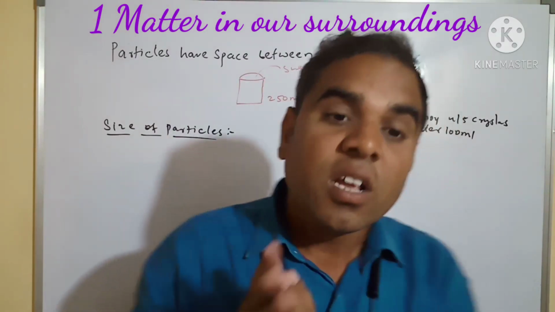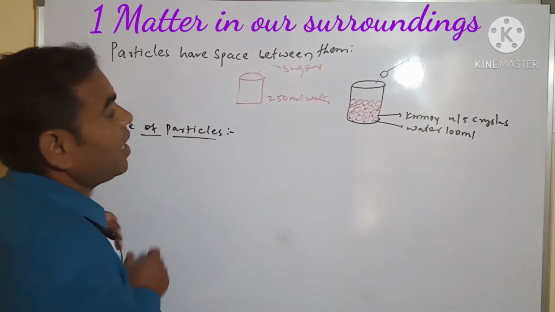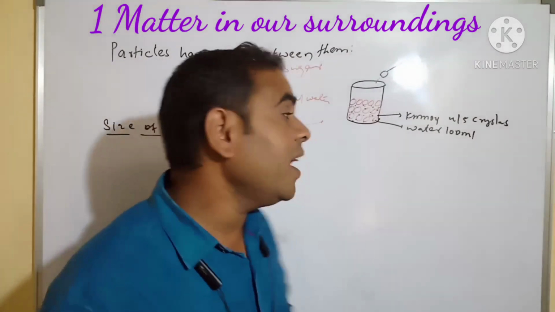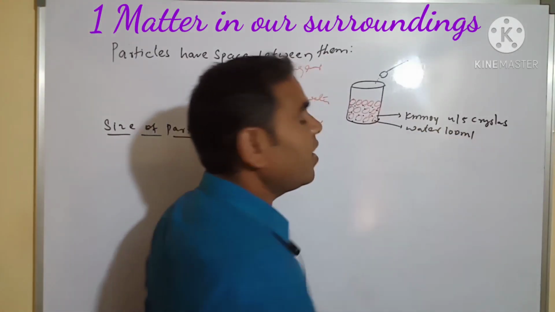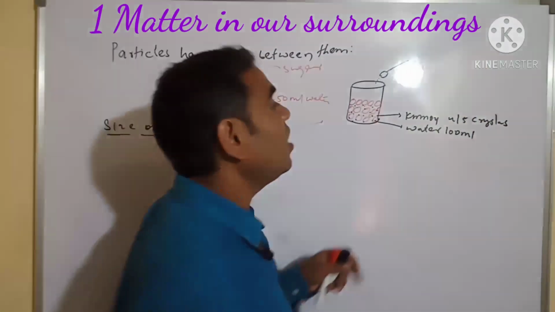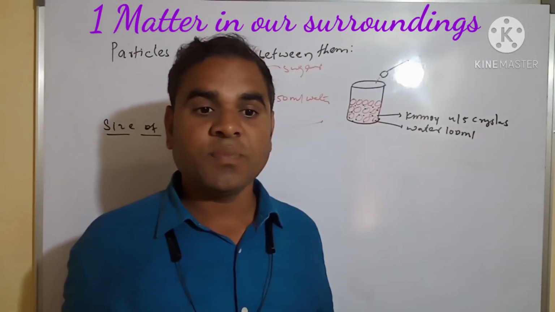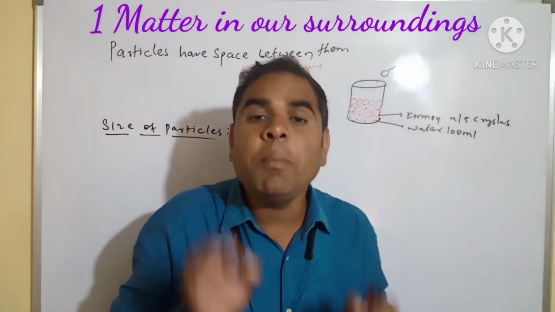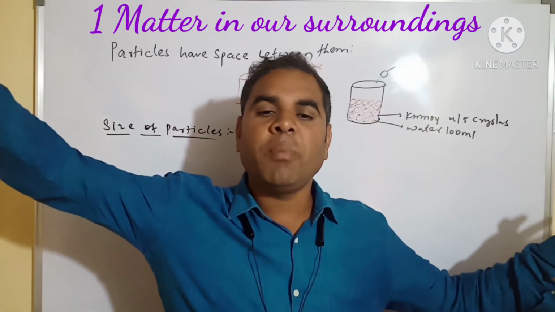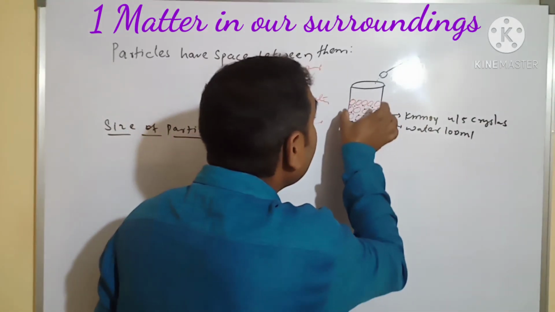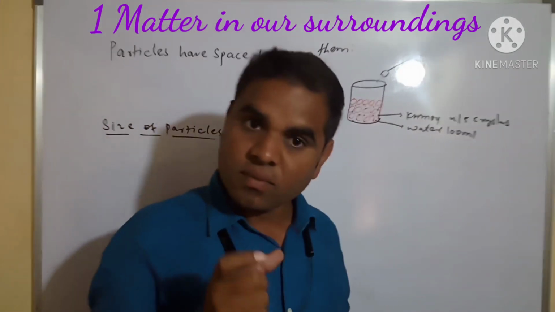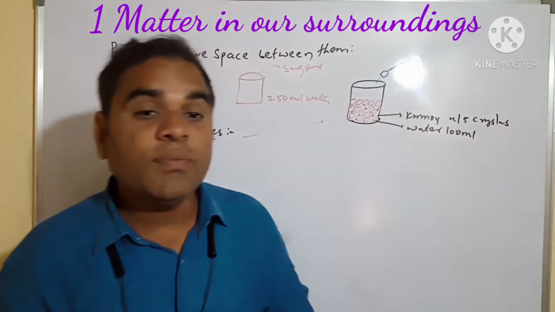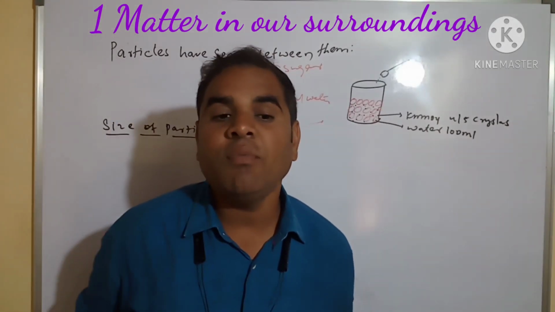Next we have to learn today is the size of the particles. We have to see the size of the particles. First of all, we have to take water, so it is 100 ml of water, and we have to add KMnO4 crystals. See, potassium permanganate crystals. We have to see that these small particles break down into millions of particles and settle down in between this water. Okay, it will form a color. See which color? A blue color is forming.